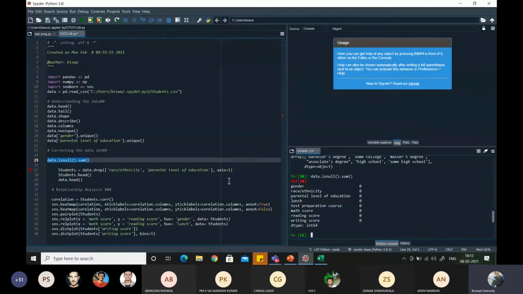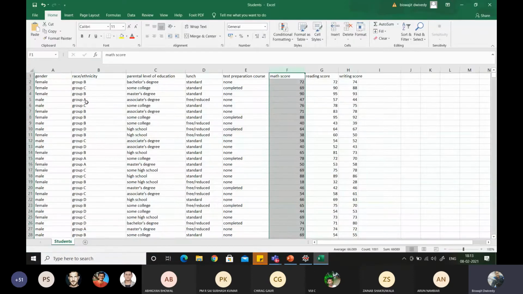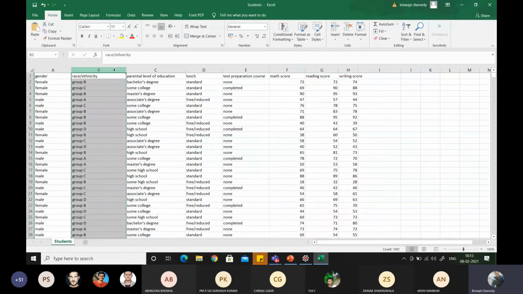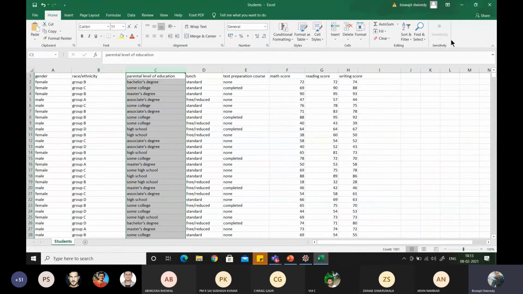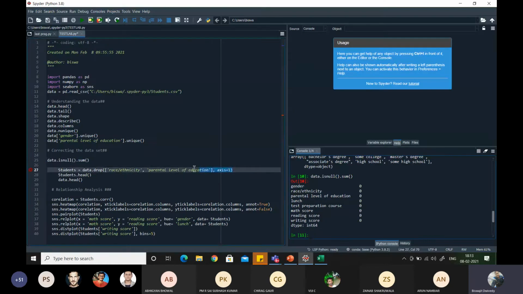So next, suppose I want to drop some columns. Whenever I do mathematical operations, I am not going to do them here, because these are simple strings. I will only do the main mathematical operations on the other columns. Suppose I decided that these are the two entries which I don't need for my operations. If I want to remove them, then I have to use this code.